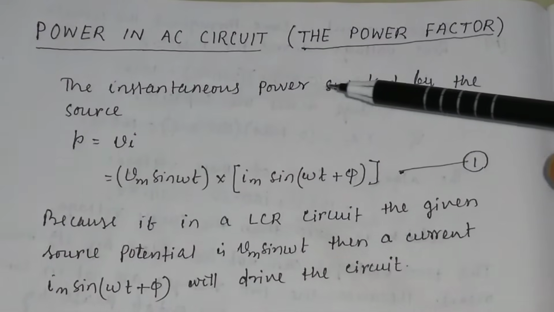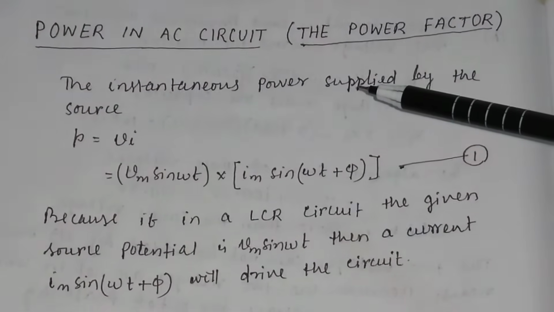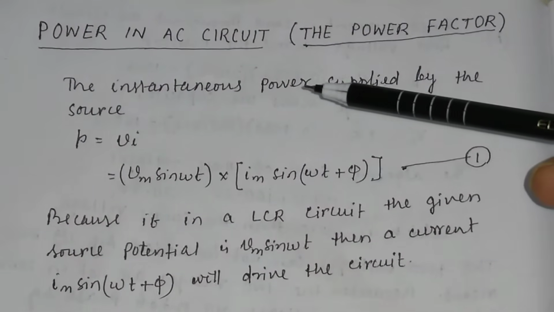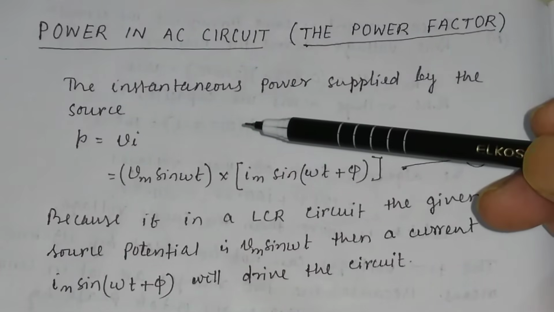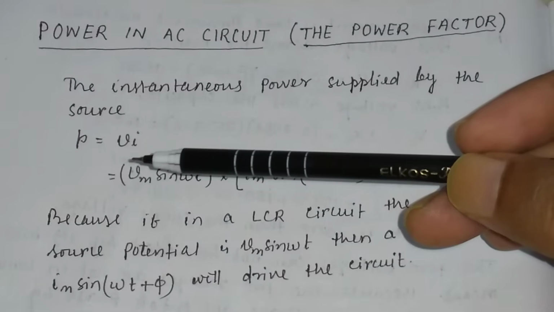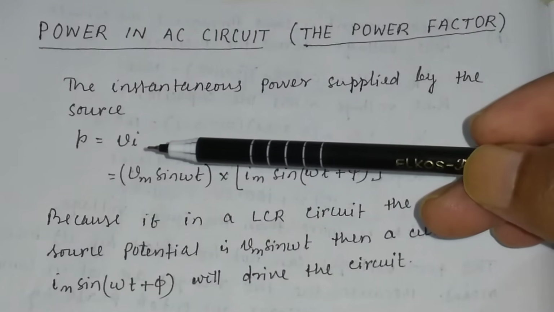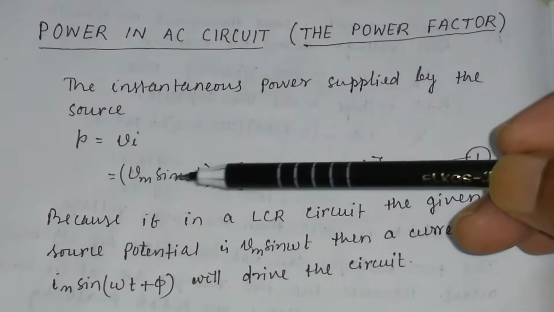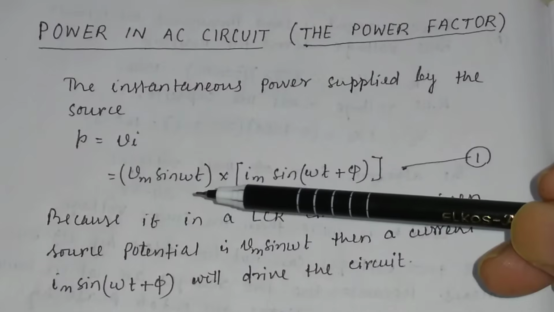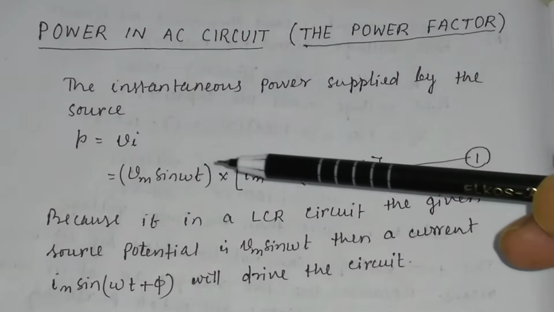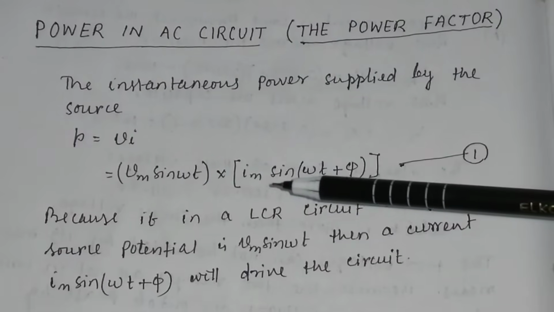Power in AC circuit. We basically discuss the power factor. The instantaneous power supplied by the source can be found by multiplying the instantaneous voltage with the instantaneous current. The instantaneous voltage is given by V equal to Vm sin omega t, and the instantaneous current I equal to Im